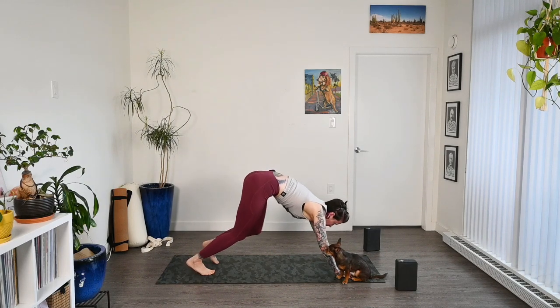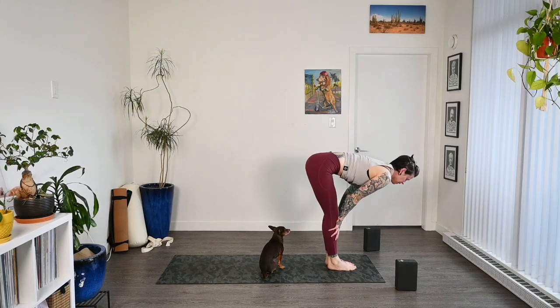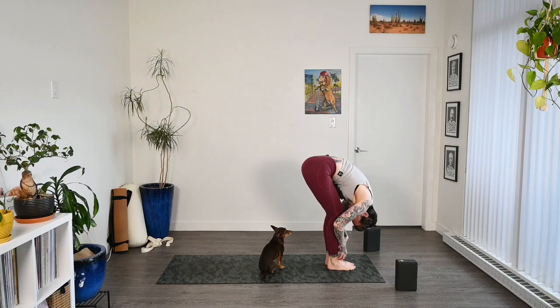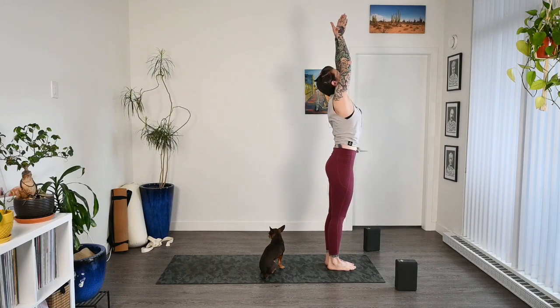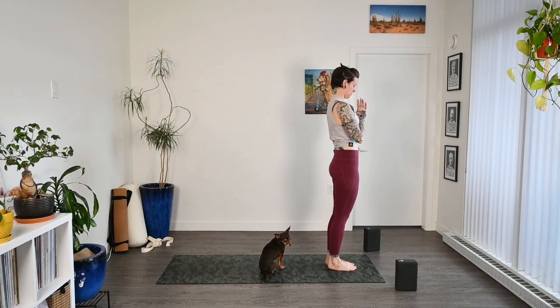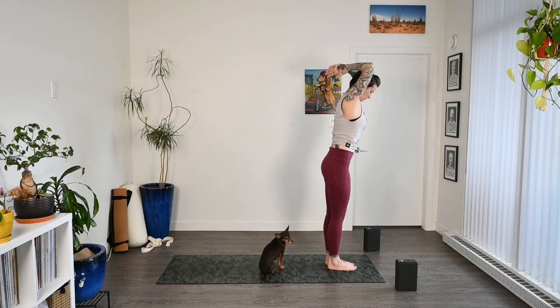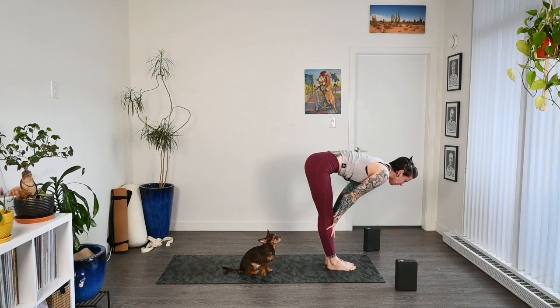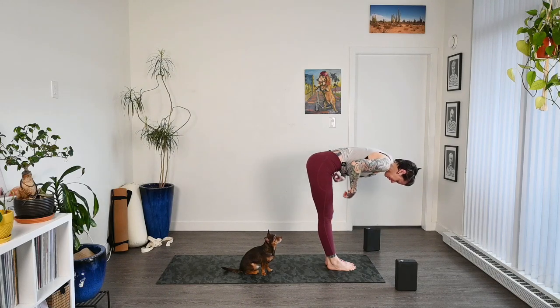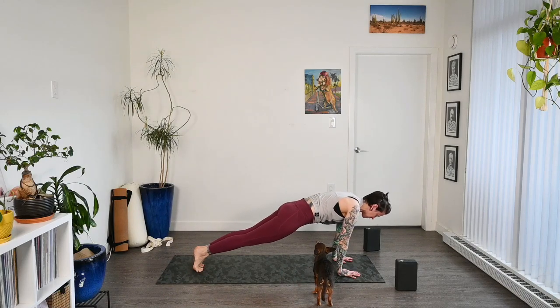On the inhale, gaze between the hands, step or hop up, halfway lift. Exhale, fold forward. Inhale, come all the way up. Hands overhead. Exhale, hands through heart center. One more just like that. Inhale, arms come up. Exhale, fold forward. Inhale to halfway lift. This time, let's step back and we'll stay up off the knees, come down through your